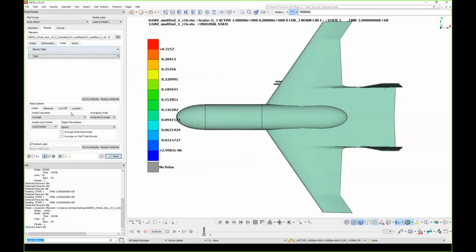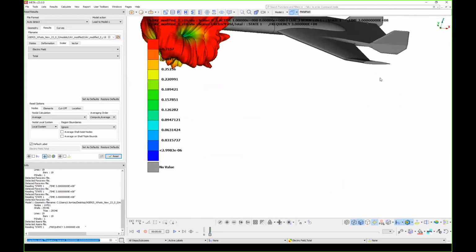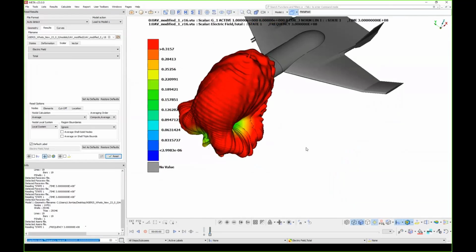Let's import the total electric field. So, as you can see, this is the total electric field in the far field. So what does this shape show us? It is actually a polar diagram in all directions of space. And it shows us how intense the radiation in each direction of space is.